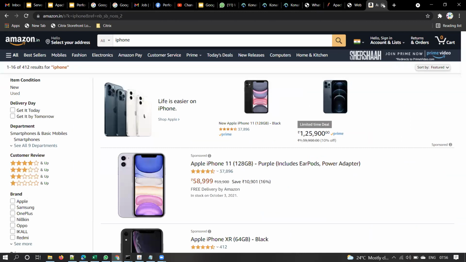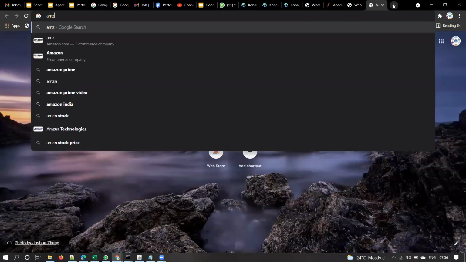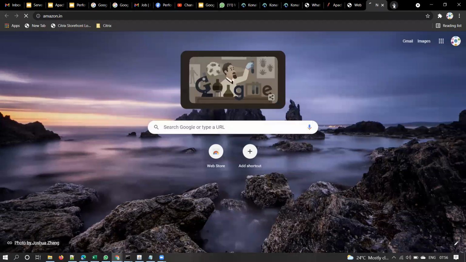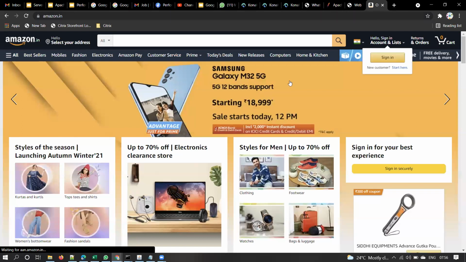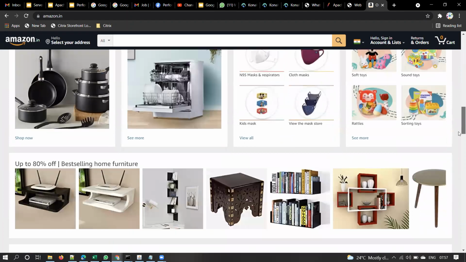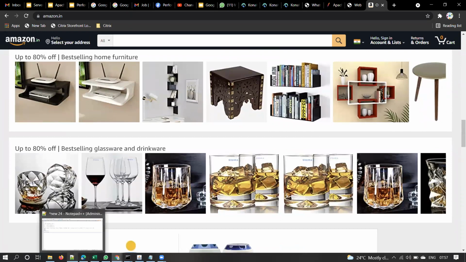Suppose you closed it, right? The next time you access the same page, it will not go to the Amazon servers, but it will load those images and all. The very first time it will fetch from Amazon servers, but the next time you access the page, it will load the images from the browser cache to improve the performance, or to load the page faster. So that is how it happens: it uses the browser cache.